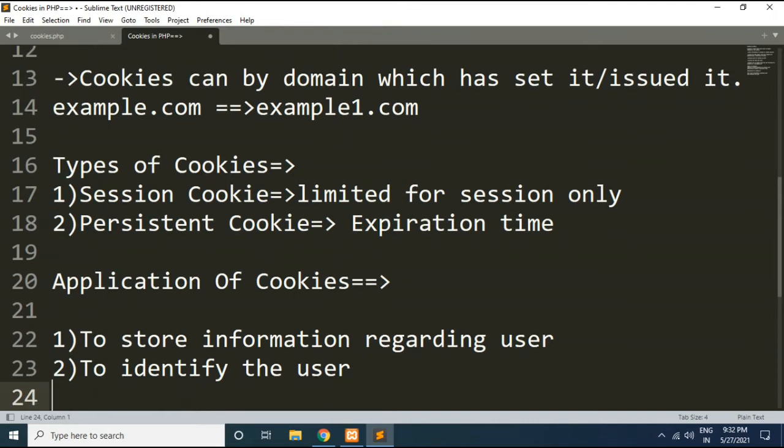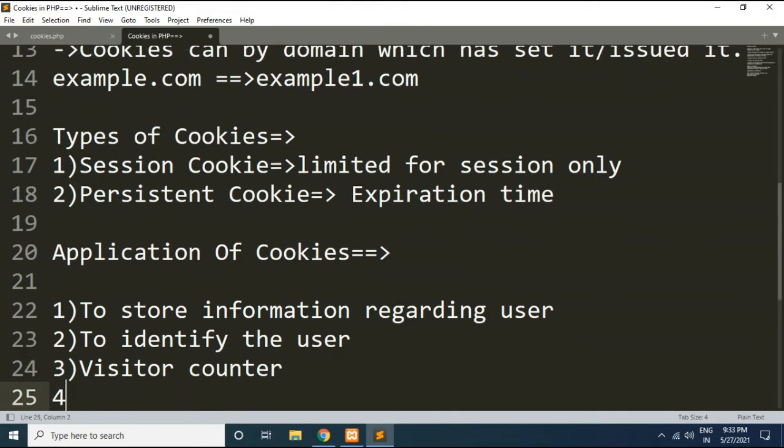On many websites you might have seen the visitor counter, showing how many people have visited this website till now. That visitor counter can be created using cookies.